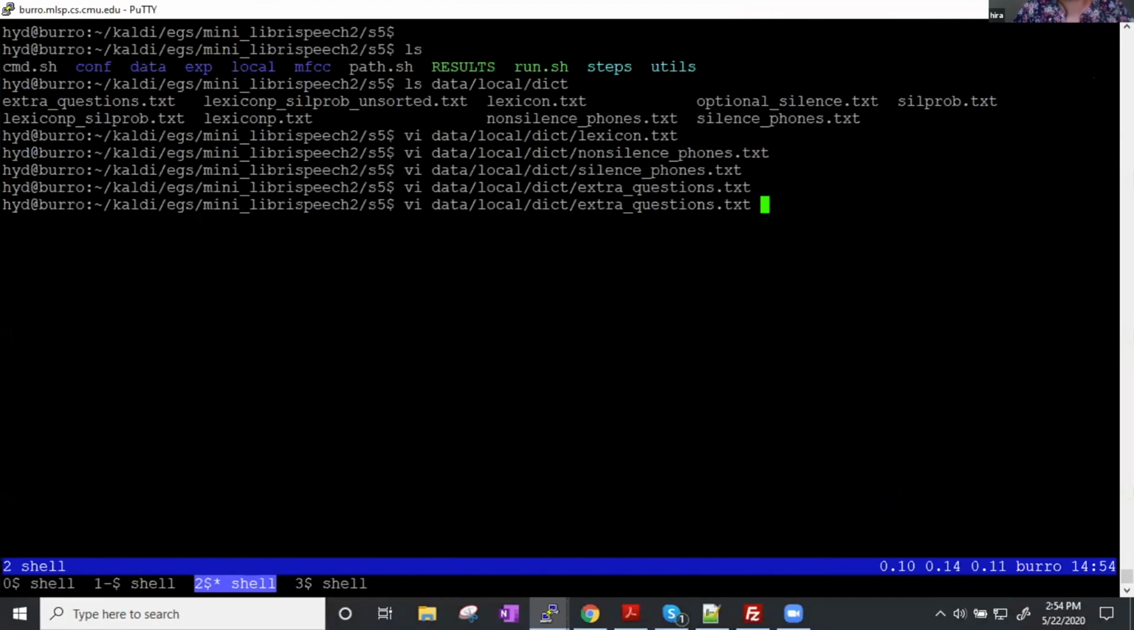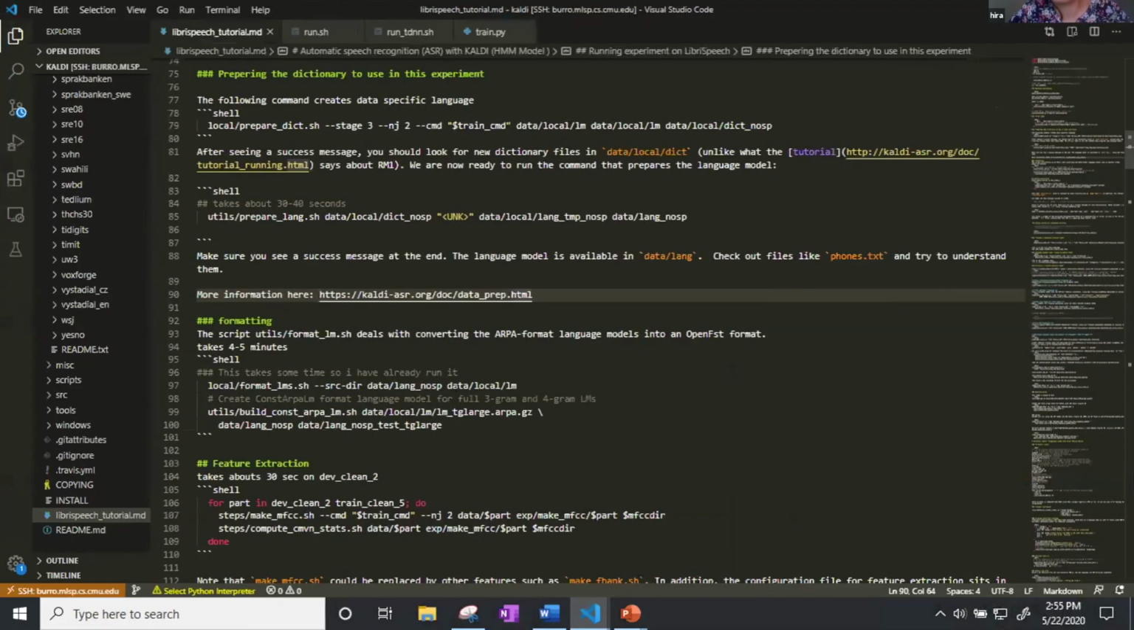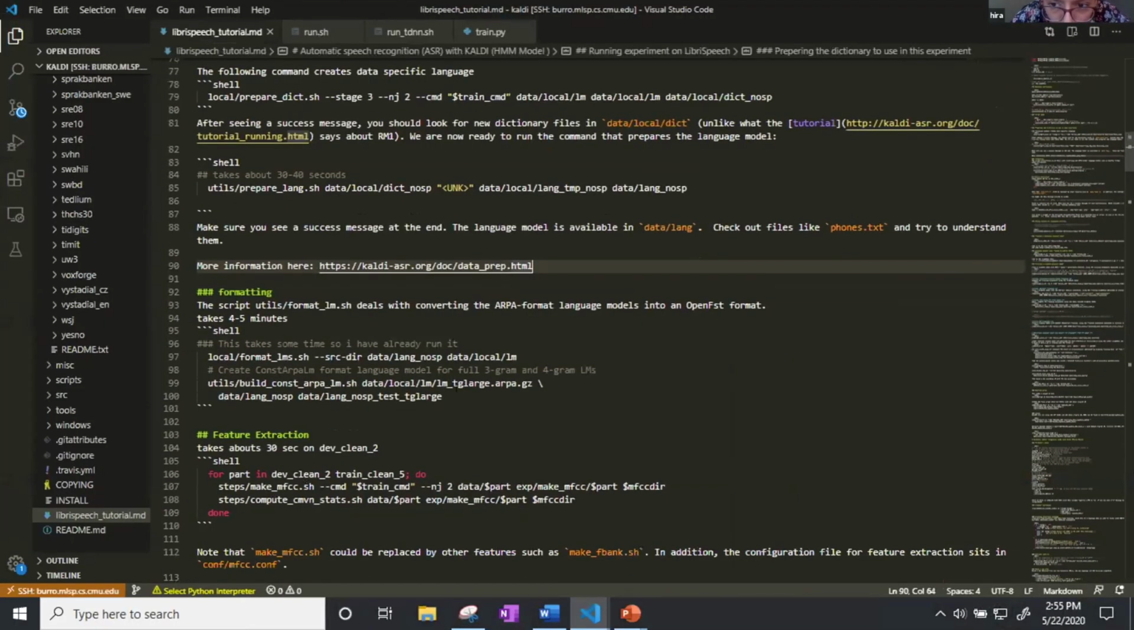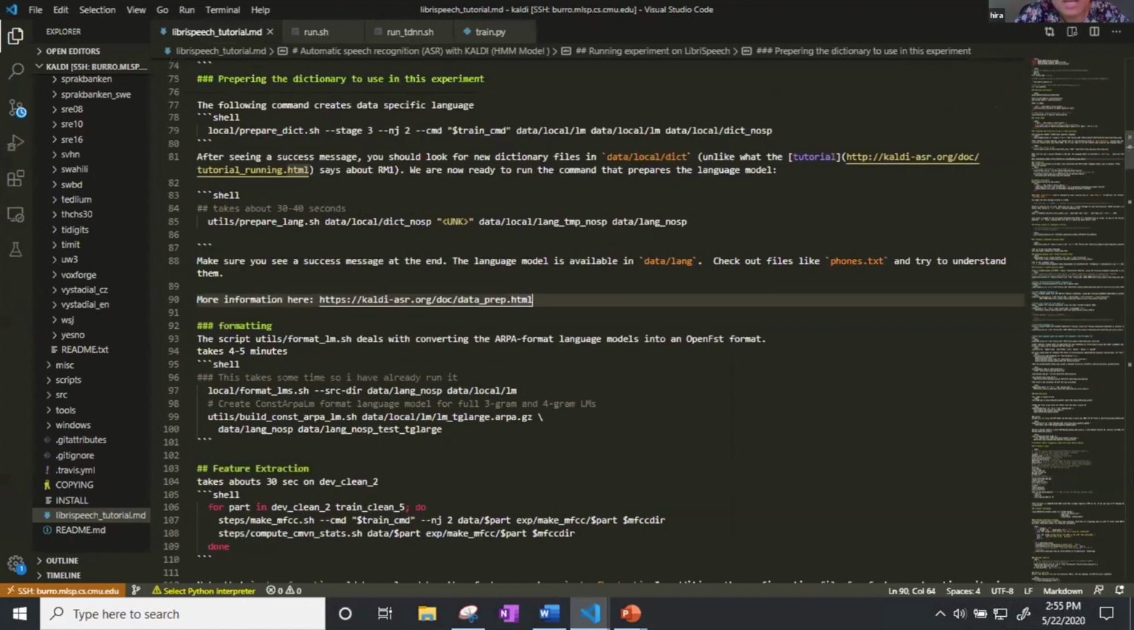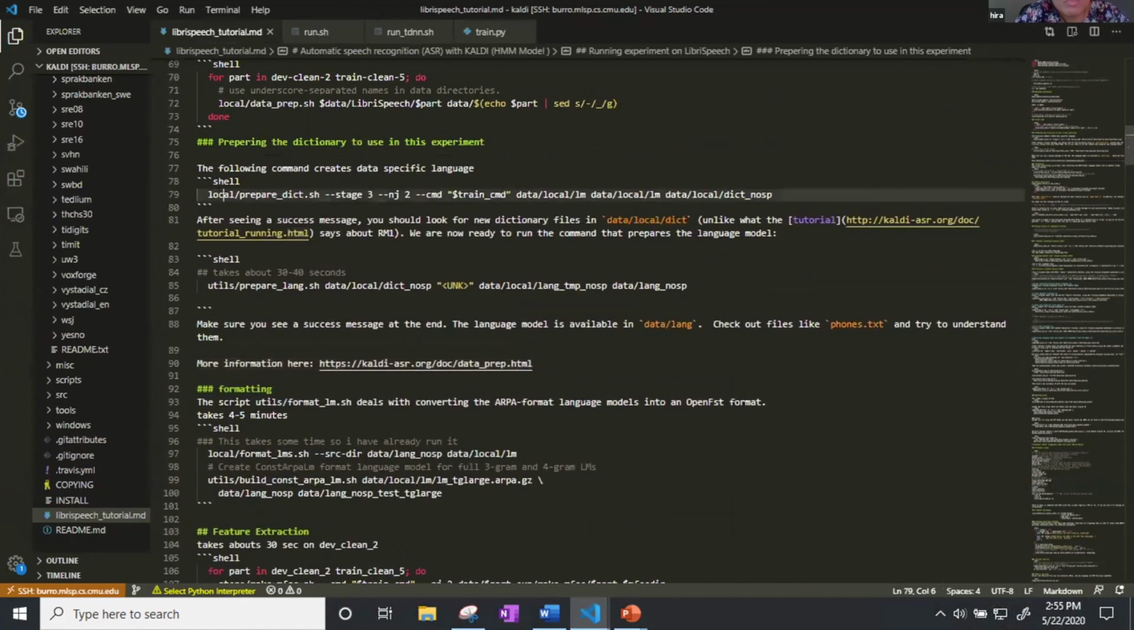And there should also be a phone.txt. Okay. Does this make sense? Yeah. So after you run this command, after you run this local prepare dictionary command and then prepare language